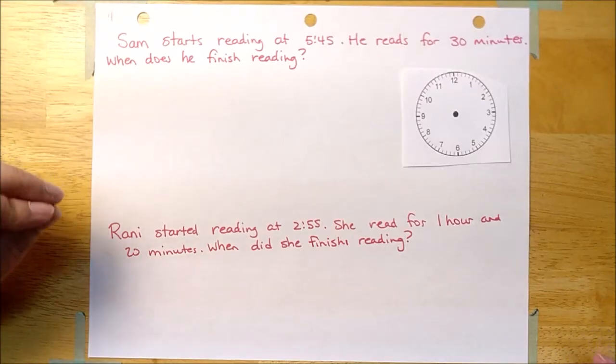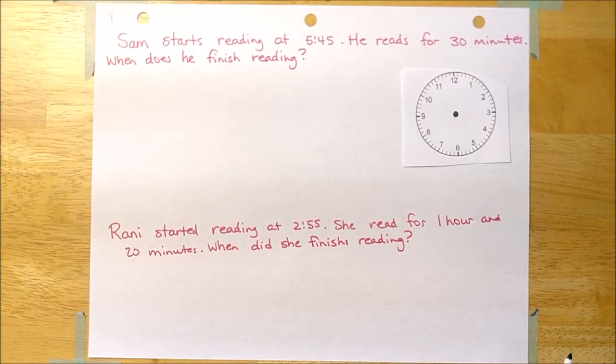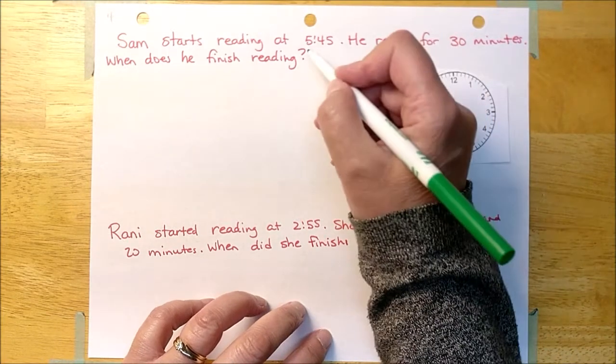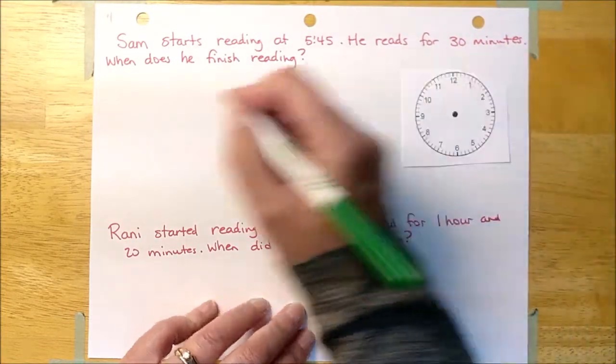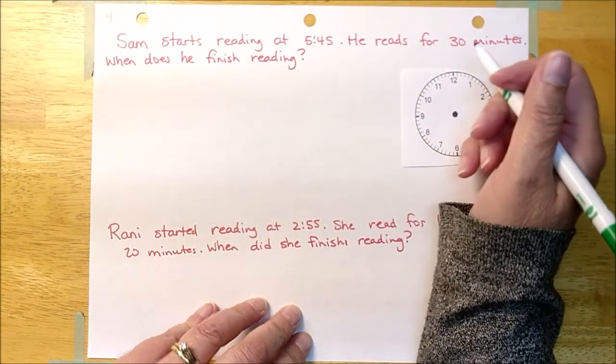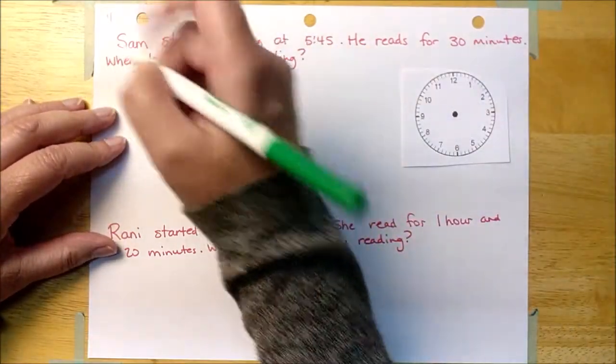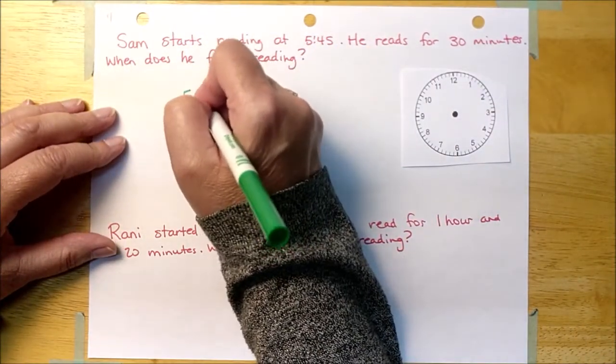Okay, we're here for part 2 of time intervals. So, this one says, Sam started reading at 5:45. He read for 30 minutes. When does he finish reading? So I'm just going to do what I was doing on the last page. I'm going to add